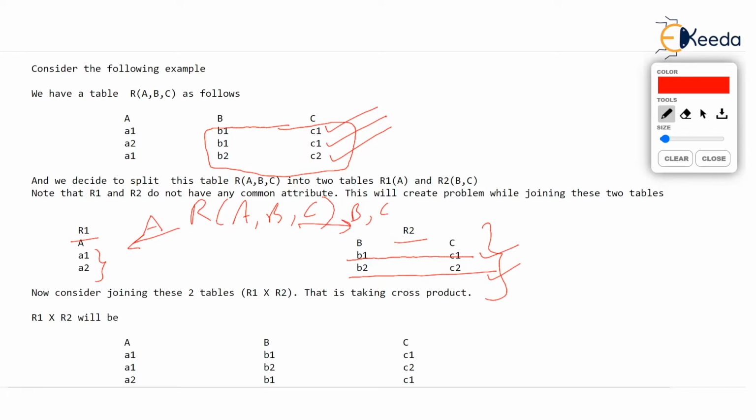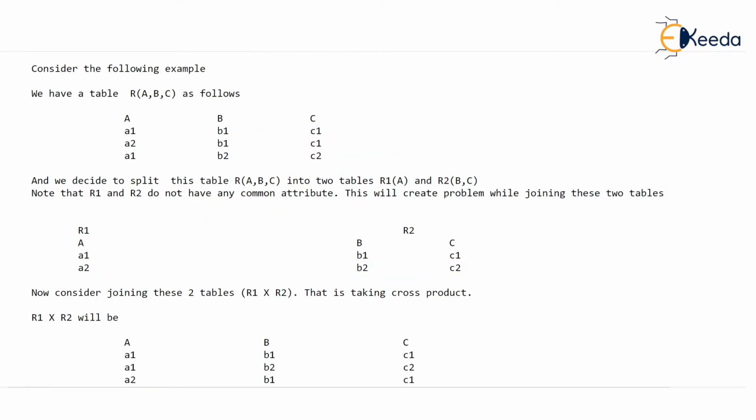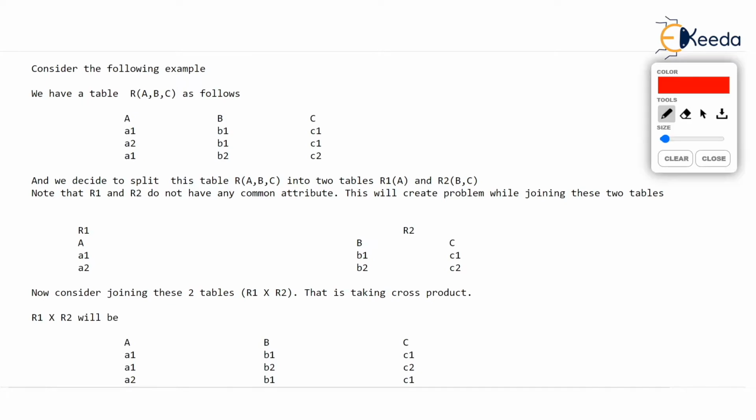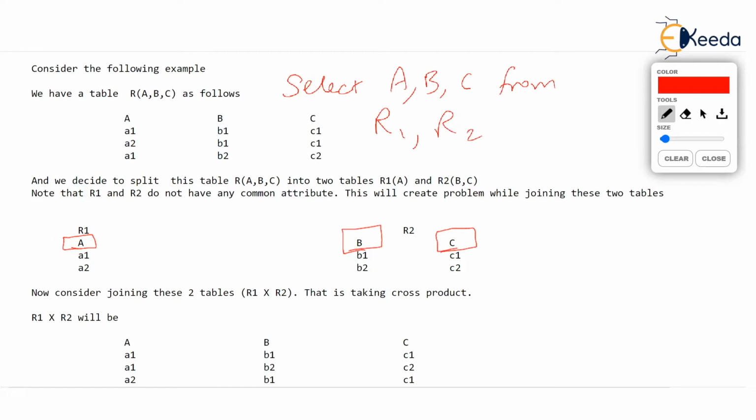But now, later on, when we write some queries, we might require information of A, information of B, and information of C together. Isn't it so? I hope you are understanding. That's what you have learned in SQL. You often write the queries as select A, B, C from R1, comma R2. Isn't it? R1, comma R2. You are referring to tables. You are telling SQL that my data is in two tables.